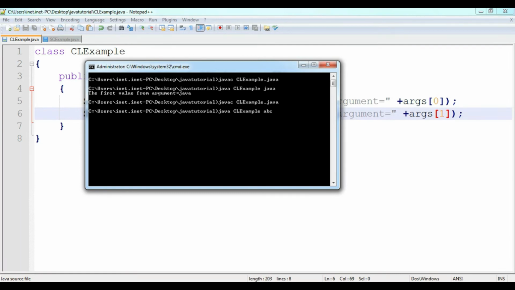Suppose one is abc and second one is def. Now the first word abc will be passed as args of 0 and the second one, that is def, will be passed as args of 1. The first value from the argument is abc, and after spacing the second will be taken as args of 1. The second value from the argument is def, that is the second value.